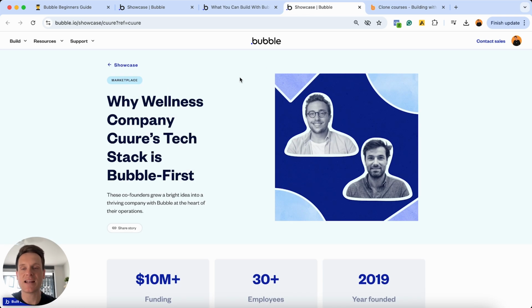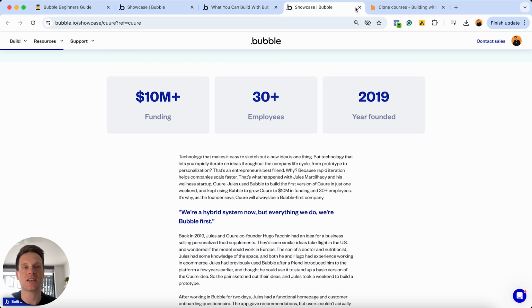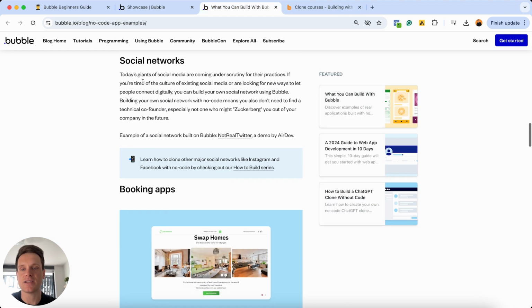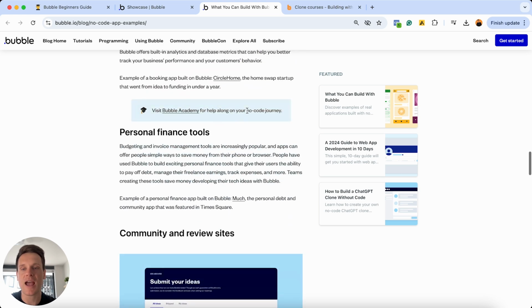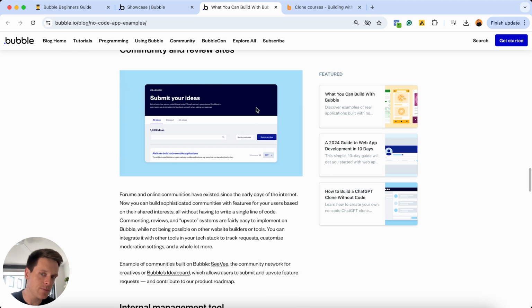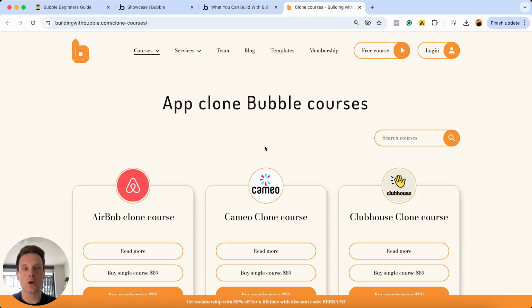And look, 9 times out of 10, it'll probably send you back to the showcase page where you can learn more about this specific application. But look, there's tons of things on this. So you'll see social networks, booking apps, personal finance tools, community and review sites. The list goes on. And the last resource I just wanted to share was my list of clone courses that